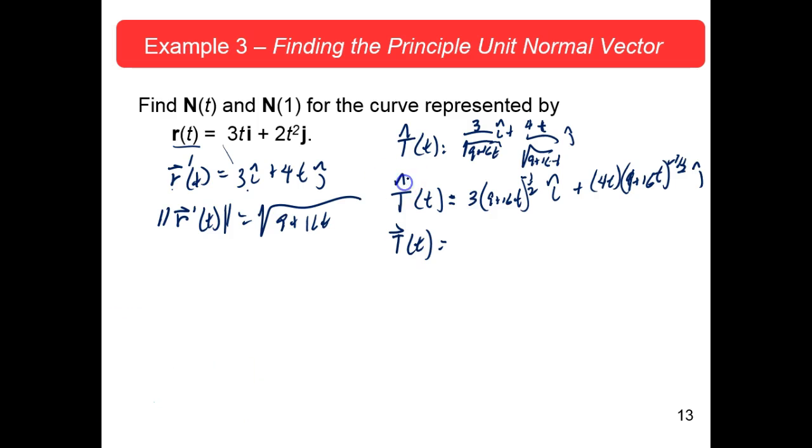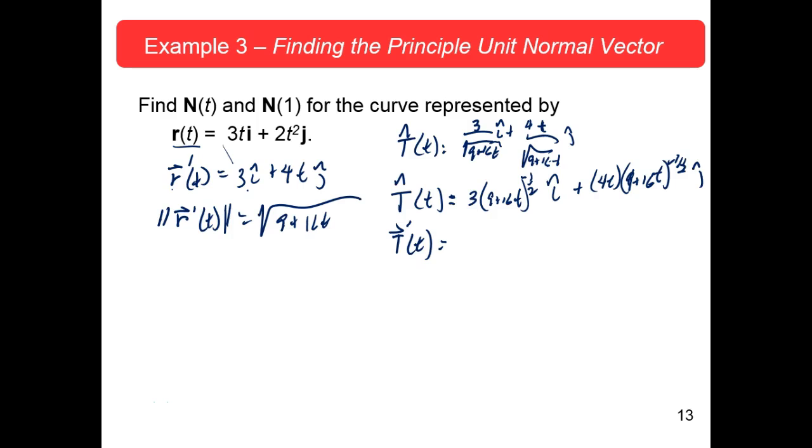Now, that's a unit vector. This one is not necessarily a unit vector, and that's why I put it back with the vector notation on it, just like this. Okay? T would have been a unit vector, and I'm taking the derivative of the unit vector, but rather than mixing it up and making you think this T prime is going to be a unit vector, I went back to calling that just a